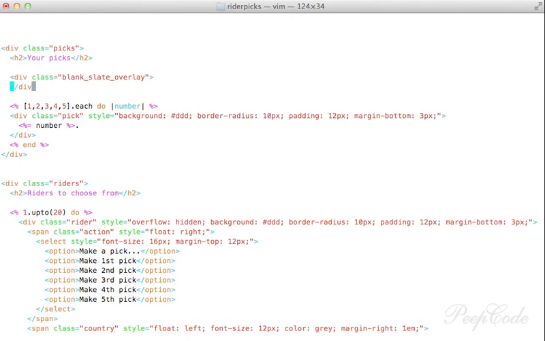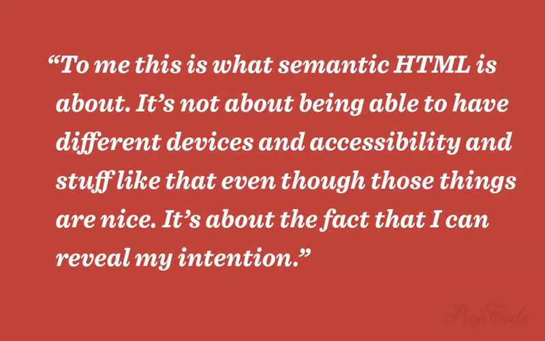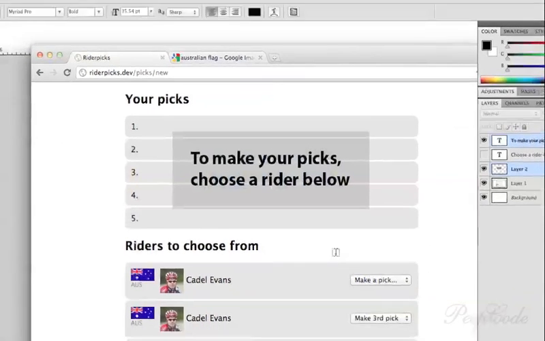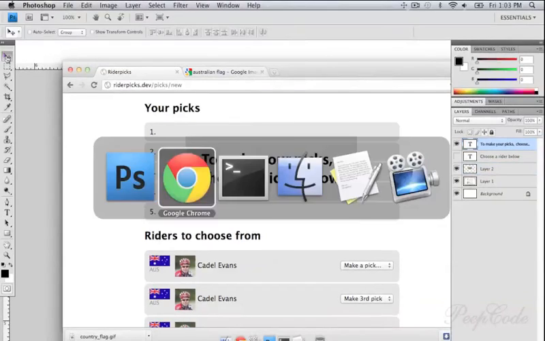You might notice that I'm giving things names even though I'm not using the names yet. Like, I don't need a class here. You're right, in order to inline style. See, because part of the thought process is I'm saying what this thing is. You know what I mean? To me, this is what semantic HTML is about. It's not about being able to have different devices and accessibility and stuff like that, even though those things are nice, it's about the fact that I can reveal my intention, a little bit like a method name. I can say this is what this block is, and that makes it really easy to reason about all the pieces. So my blank slate overlay is going to have this text that I cooked up here,